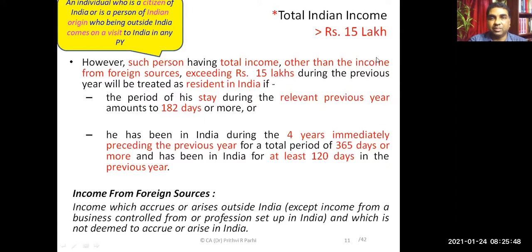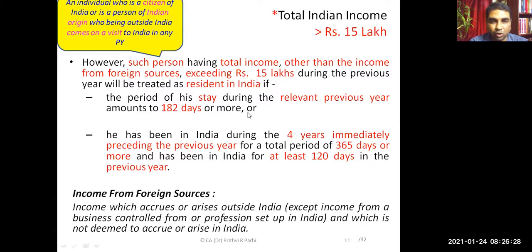Now, as you can see, such person means an individual who is a citizen of India or a person of Indian origin who, being outside India, comes to India on a visit. We're talking about this kind of person. However, such person having total income other than income from foreign sources exceeding 15 lakh. If those categories of persons have Indian income, meaning other than income from foreign sources, exceeding 15 lakh during the previous year, they will be treated as resident if the period of stay during the relevant previous year is 182 days or more,